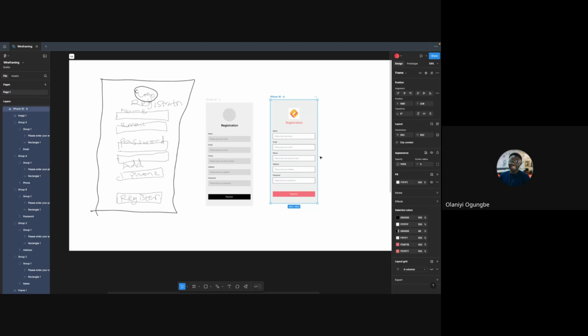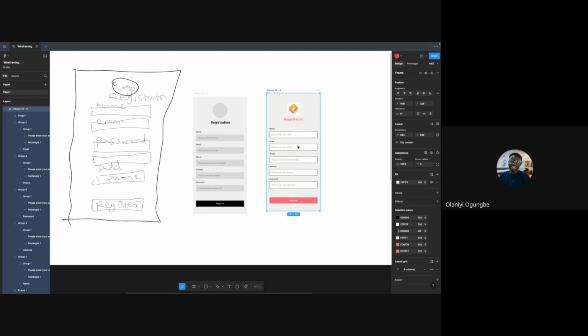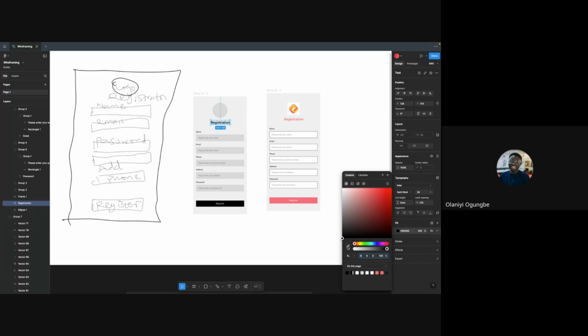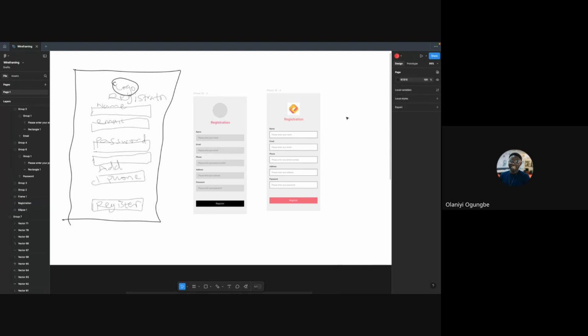There's a color there. Oh, Damilola said I should redo the color thing. Let me do it one more time. I'm just going to pick this one. I go to fill, click on the color, and then I pick this small dropper looking thing. I do a left click on it, and then I go to wherever the color is, and then I just do a left click. That's all. Do you understand, Damilola?